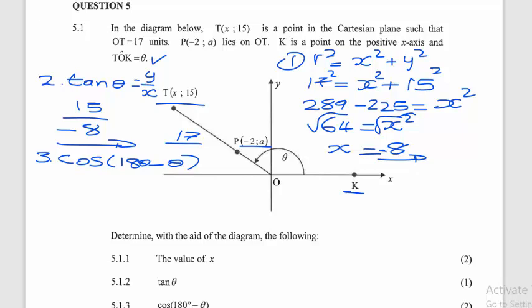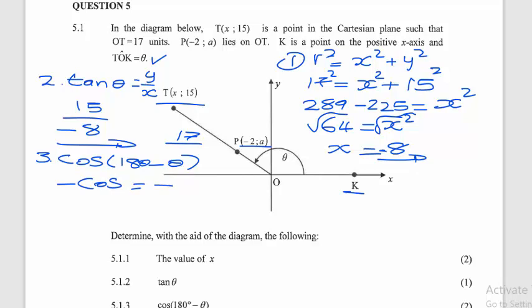So if we reduce this, where is cos of 180 minus theta? Is it in the first or second quadrant? Because this is your 90 stuff. So this minus means that it's in the second quadrant, and cos is negative in the second quadrant. Therefore, we'll have our negative cos,